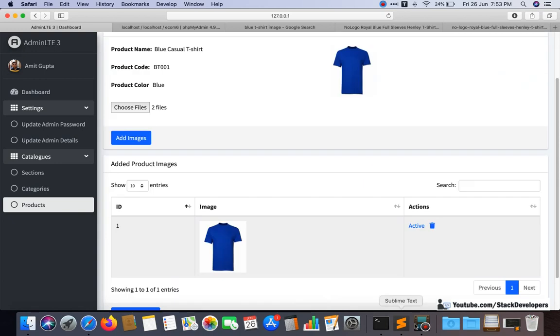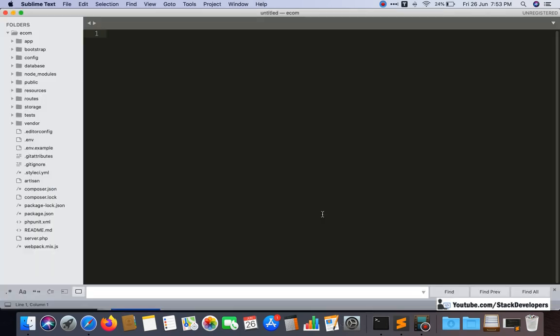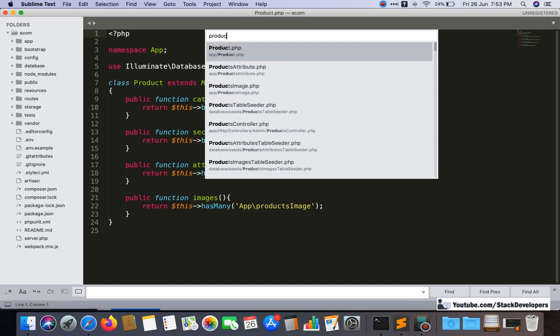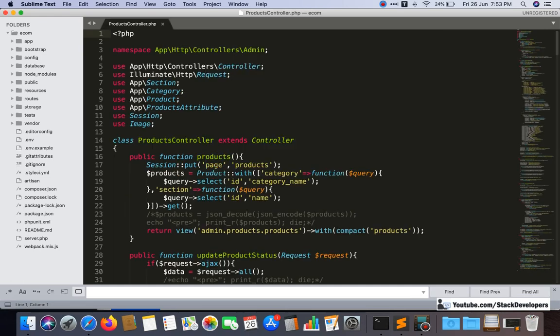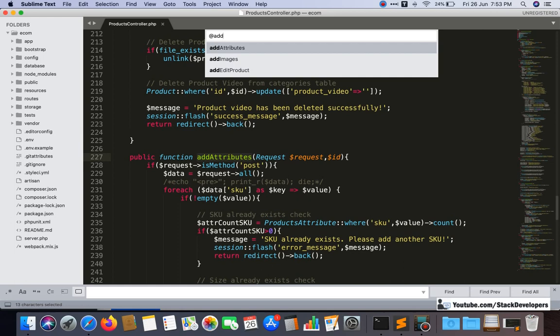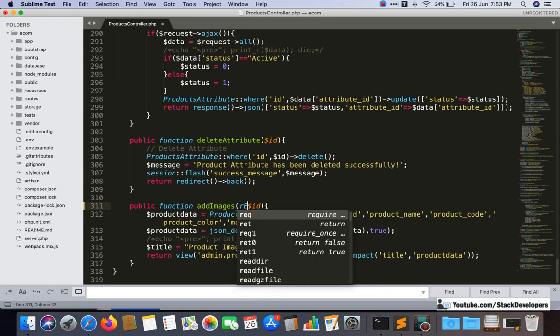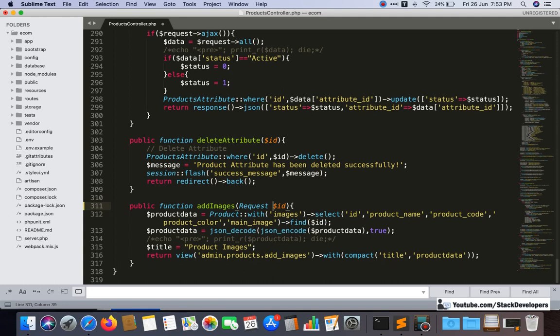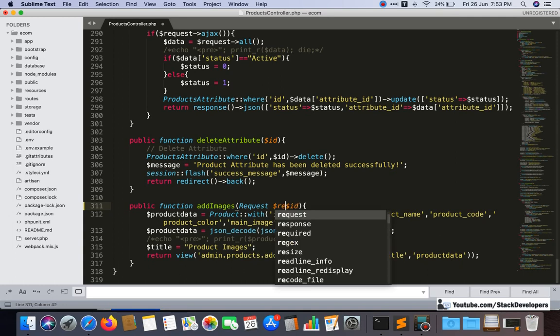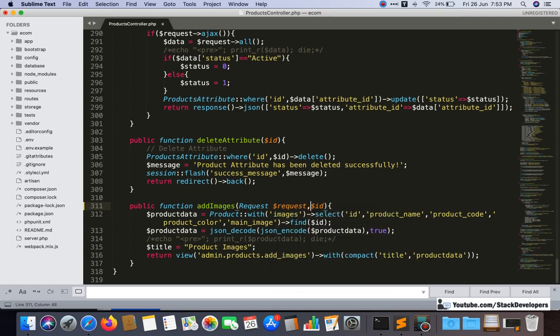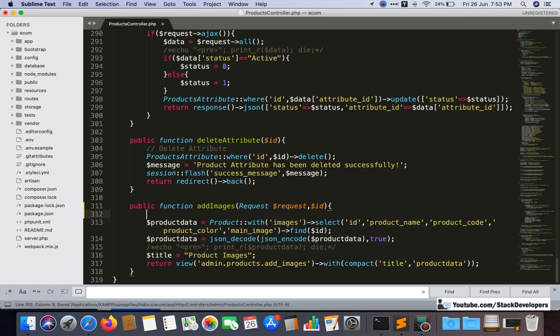Now I will open the function that we have started working on, the add images function. We are going to update this function, and this time we are going to add the request, because now the post method comes into play. So we add $request like this, and now we need to add the code.